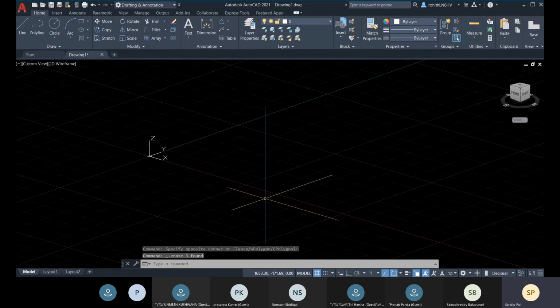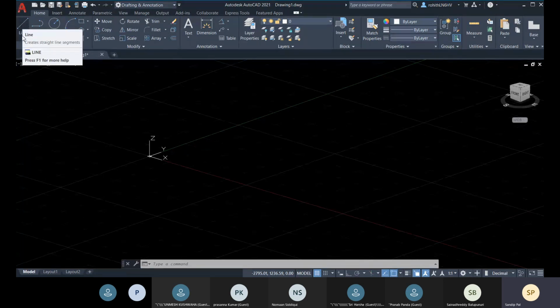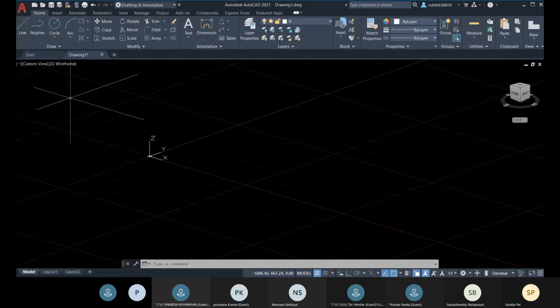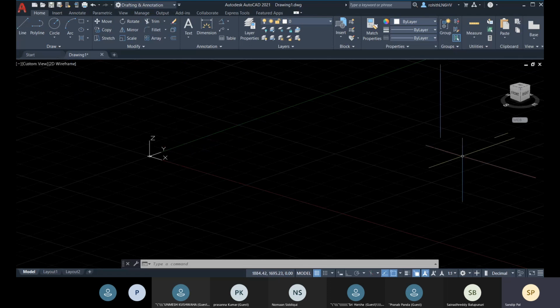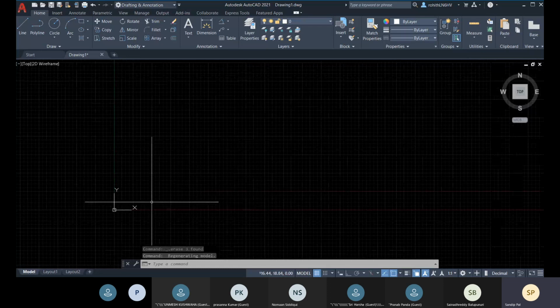Now let's talk about how you draw. So for drawing, you have your drawing objects in AutoCAD. Okay, so let's go for it. You are already introduced to this line command. About this line command, I've already mentioned. Let me quickly cover it again. With this line command or line tool, you just create line segments, and every line segment is individual.